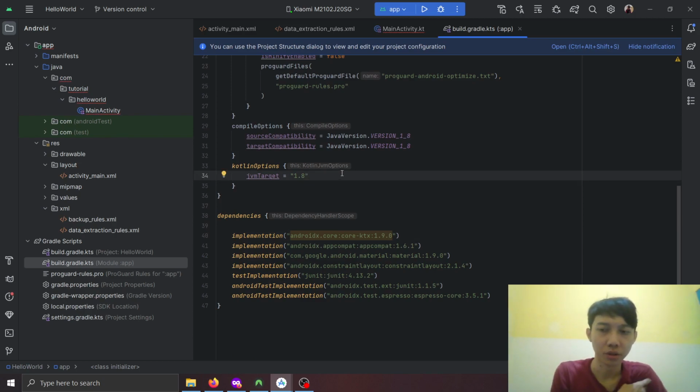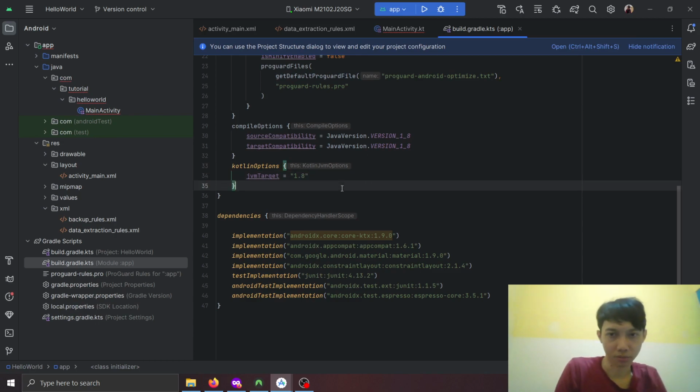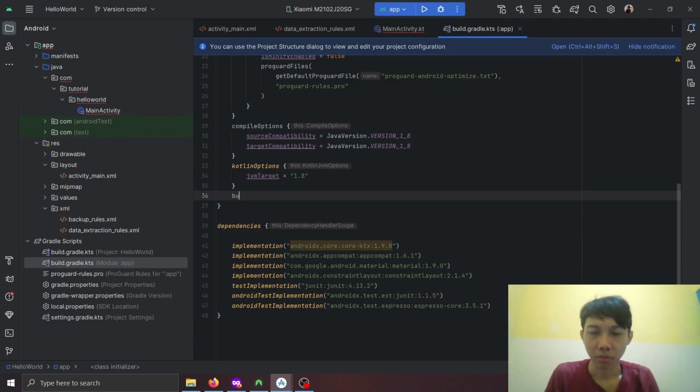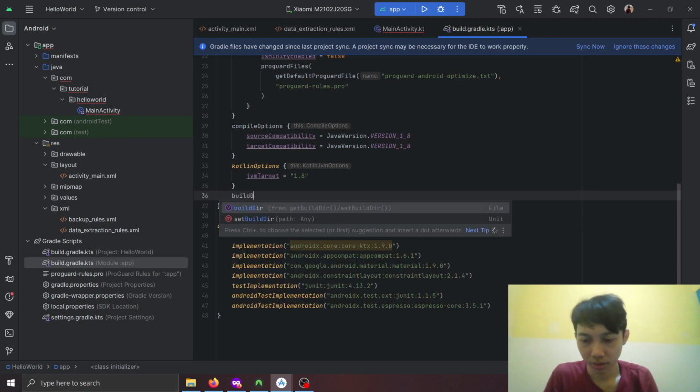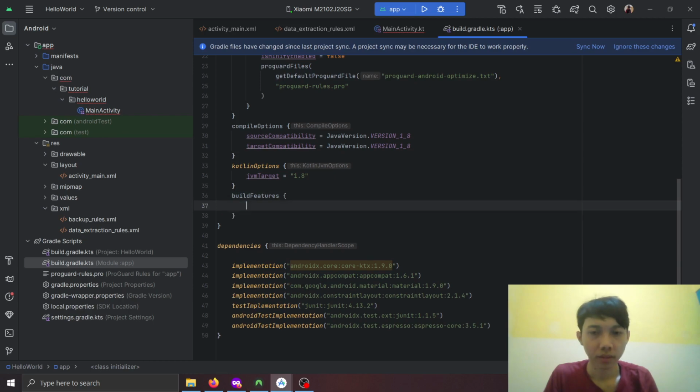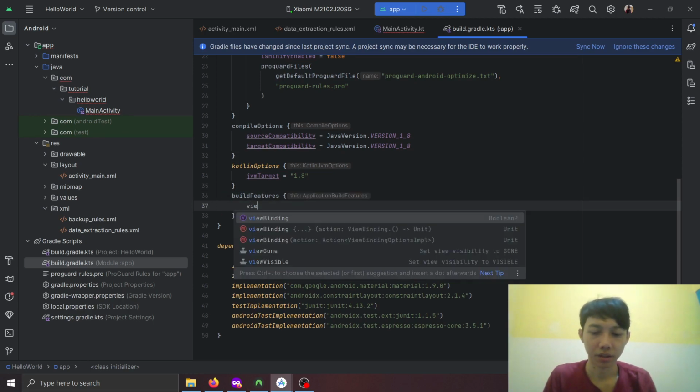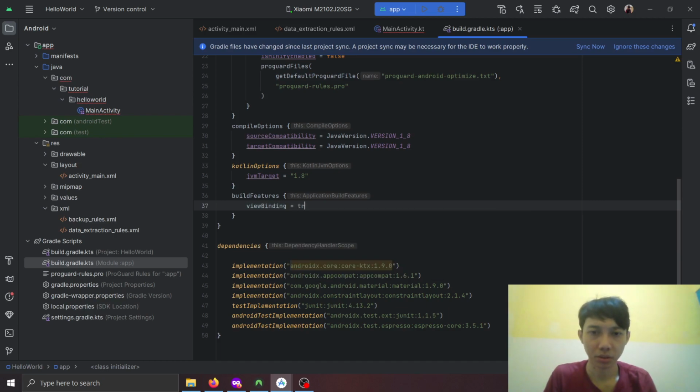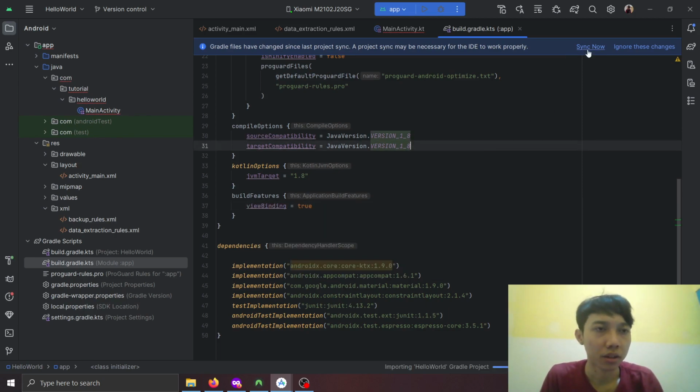The build will be correct, and it won't show any problems, but during runtime it's going to be throwing null pointer exception and your application will crash. To avoid that, you can be using build features, and then we set view binding to true. You can sync the project,